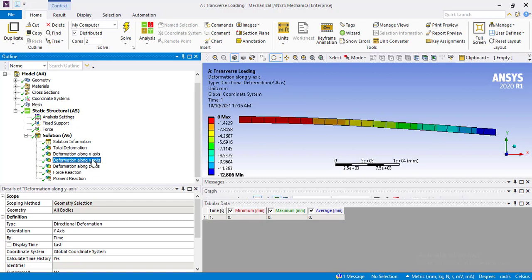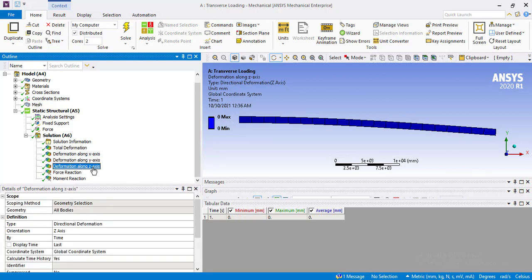Now moving towards y-axis, as you can see, its maximum magnitude ANSYS is showing is 0, but the minimum value is 12.8. This 12.8 doesn't mean that it is the minimum value, the negative sign is only showing the direction. The magnitude overall is maximum, which means that y-axis is contributing maximum in the total deformation.